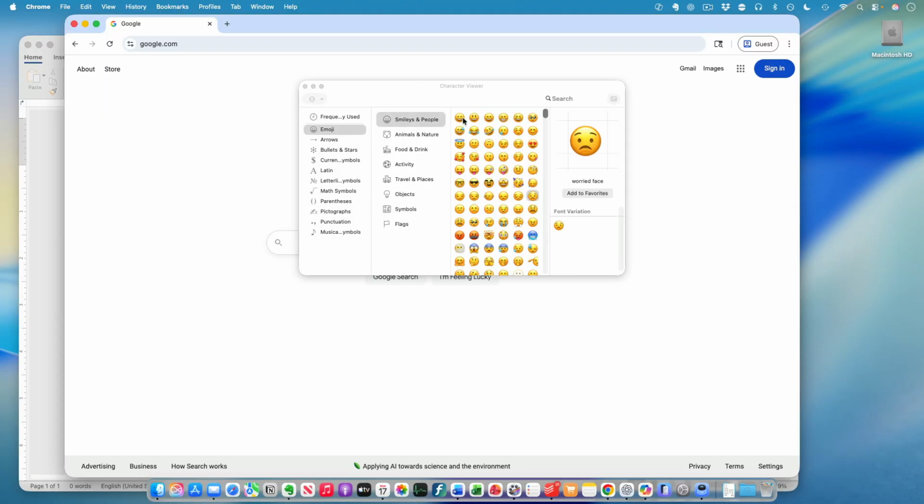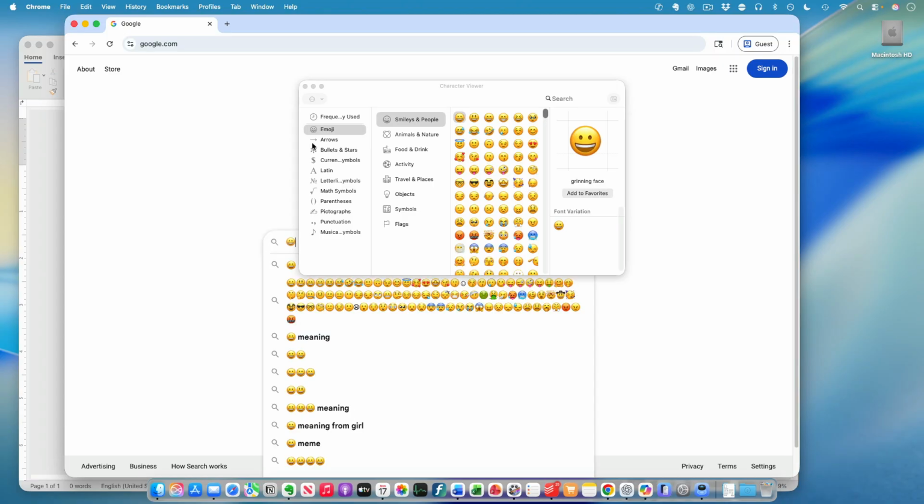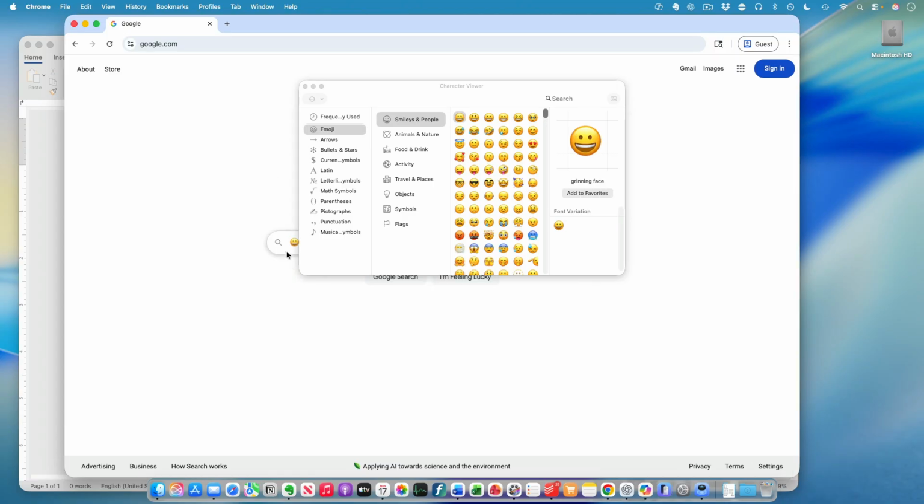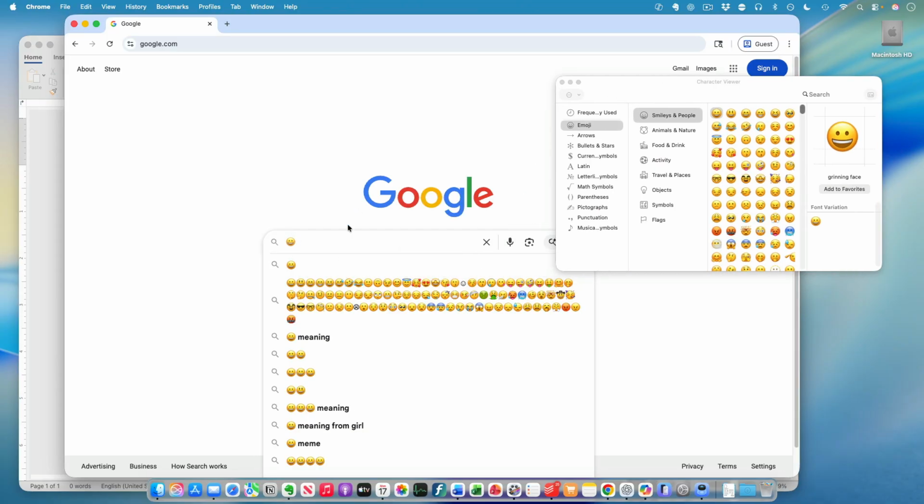Then once you have selected the emoji you want to use, double click on that, and then it will be inserted into whatever text box that you placed it. So here I put it inside of Google. So this is what Google thinks I want to search for,